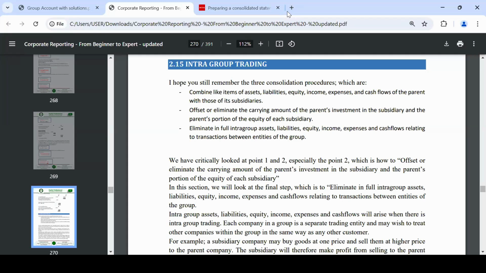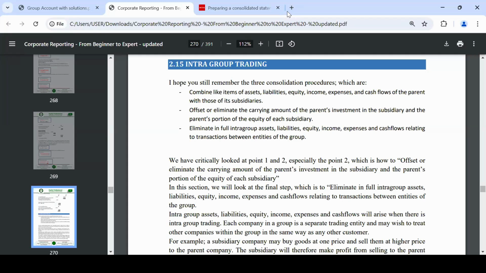Now, we have seen that those kind of transactions take place in the form of a current asset in the book of either of them and a current liability in the book of either of them, and this transaction is between the two of them. I mean, between the parent and the subsidiary, like the case of the 4,000 that I just canceled out. But the one we want to treat now